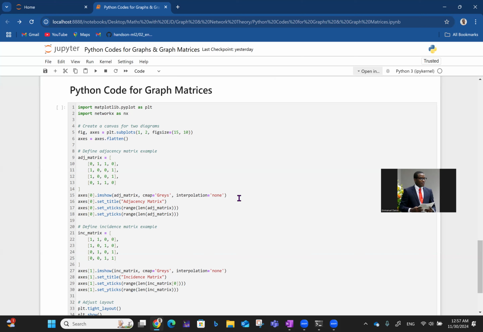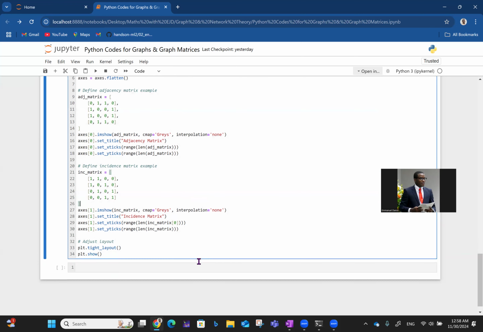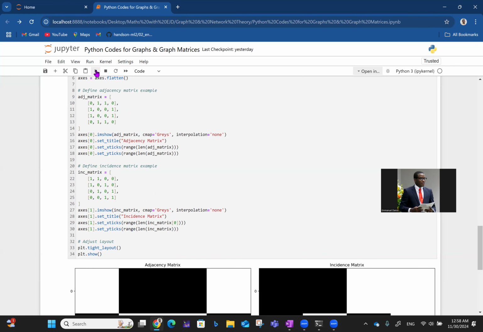Then interpolation none. Then you label it, and then the range, the length of the adjacency matrix, and things like that for the X ticks and Y ticks. The same kind of thing goes for the incidence matrix. So the key thing is just to declare the matrix. Then you want to show all of this, so you run that, and it gives you